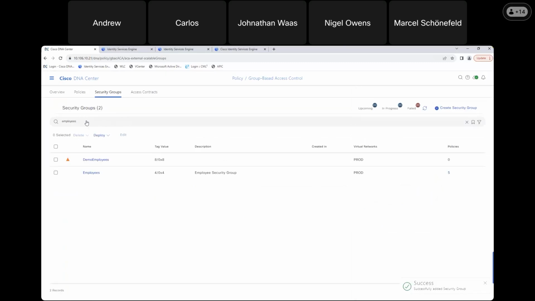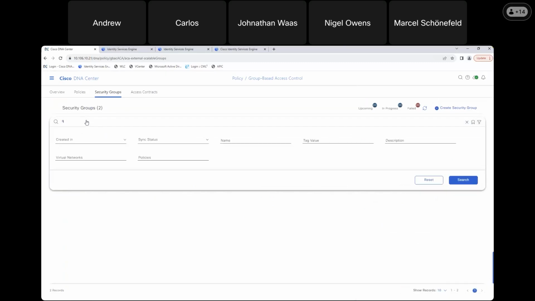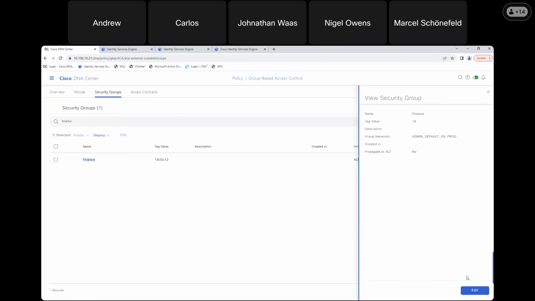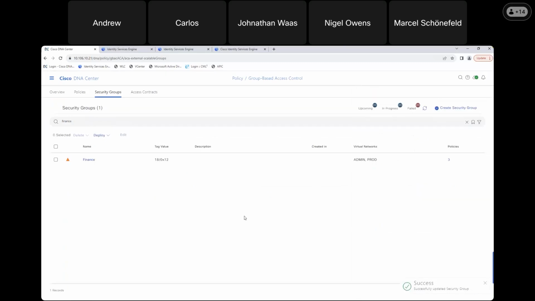Okay. And we also have the finance scalable group already defined. You see this one. It's part of a couple different ones, admin and prod. We're not deploying admin to our fabric, so that's fine. You want to have your scalable groups generally belonging to one virtual network. At the minimum, only one virtual network in a fabric. So